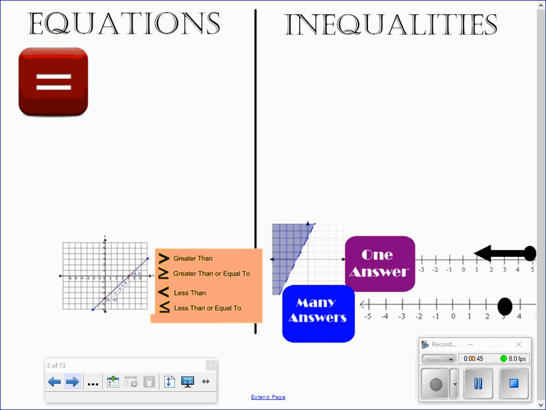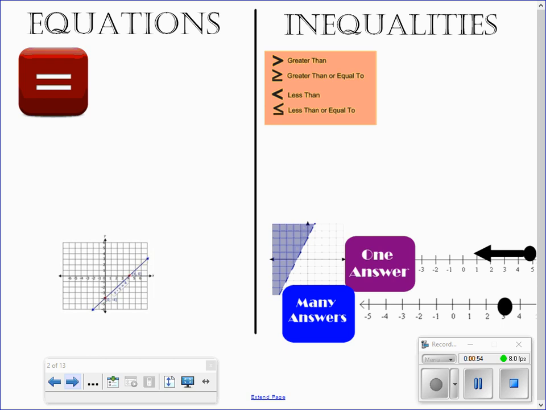They should be equal. But when we're talking about an inequality, we have what is known as an inequality sign. So this is the greater than or equal to, less than or equal to. So this tells us that what we're looking for should be either above or below, or maybe even equal to